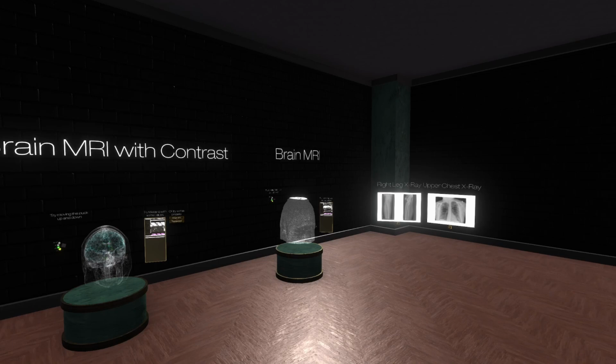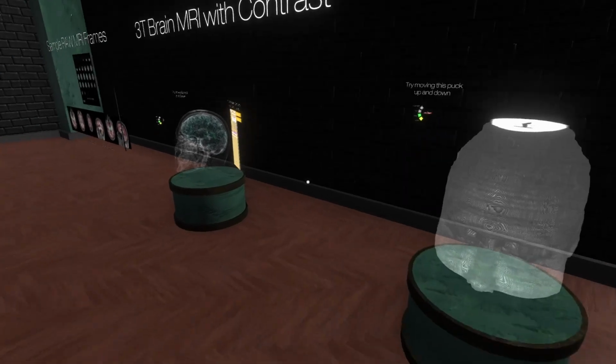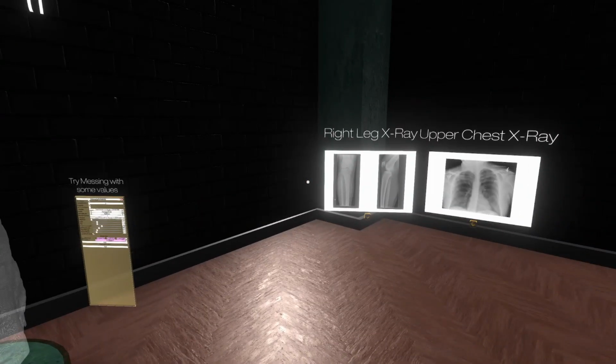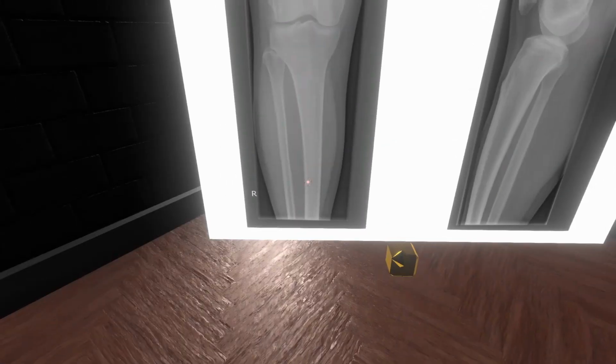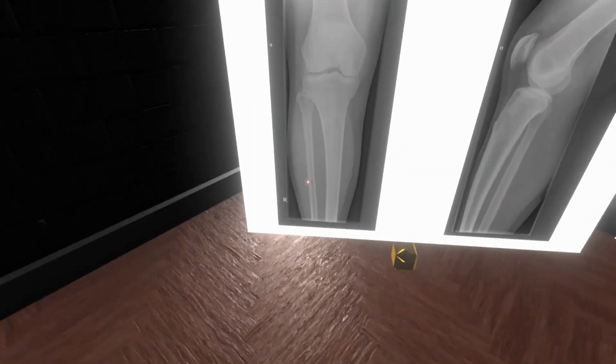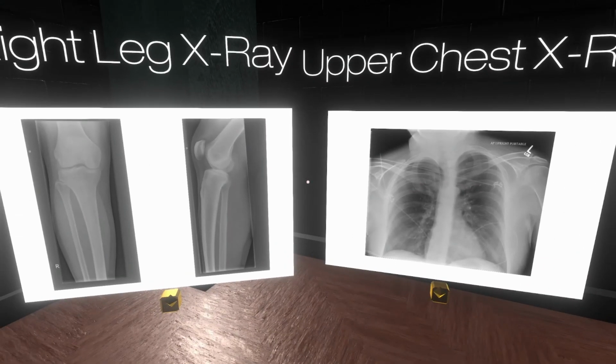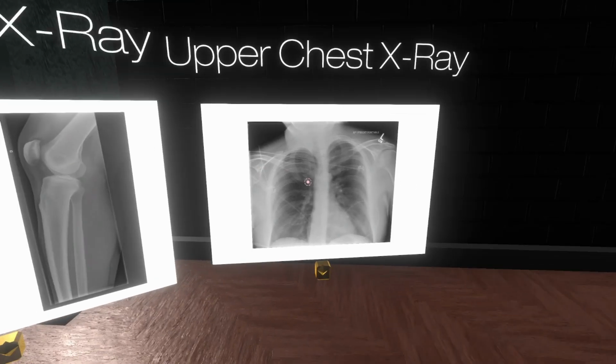so I hope you enjoyed. Oh, and if it's just single slices like this in X-ray, DICOM will still work. You just have to find folders that have a smaller number of images. So this will just be one picture rather than multiple files. So that would still work. You just have to find it there. For X-rays, I only have these 2 examples. So if you have any issues with X-rays, do let me know. Chest and